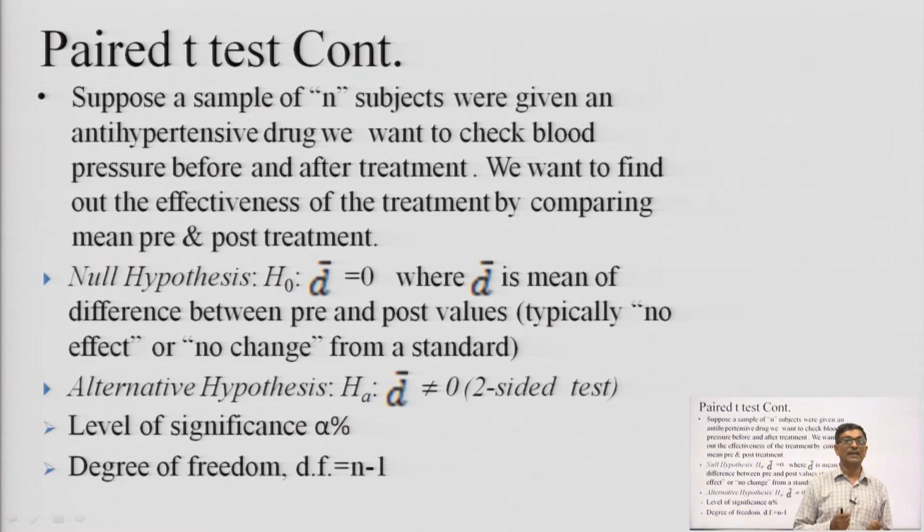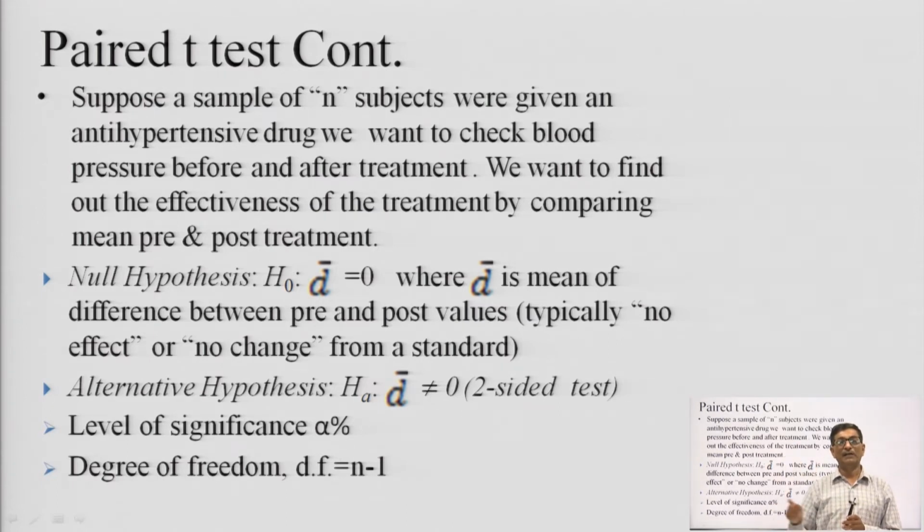ये हमारी नल हाइपोथेसिस होगी। सेकंड, अल्टरनेट हाइपोथेसिस। अल्टरनेट हाइपोथेसिस एच ए डी बार इज नॉट इक्वल टू 0, दैट मीन्स देयर इज ए सिग्निफिकेंट चेंज फ्रॉम प्री टू पोस्ट वैल्यूज। दैट मीन्स कि ट्रीटमेंट जब हमने अप्लाई किया, इंटरवेंशन कोई दिया, तो उसमें जो प्री वैल्यूज थी और जो पोस्ट वैल्यूज हैं उनमें का जो डिफरेंस है वो सिग्निफिकेंट है, दैट मीन्स इट इज़ नॉट इक्वल टू 0। जैसे अगर मान लो हमने कोई पेन रिडक्शन के लिए कोई ड्रग दी है, तो पेन हमने मेजर किया बिफोर द ड्रग इंटरवेंशन, फिर हमने ड्रग दिया उनको,